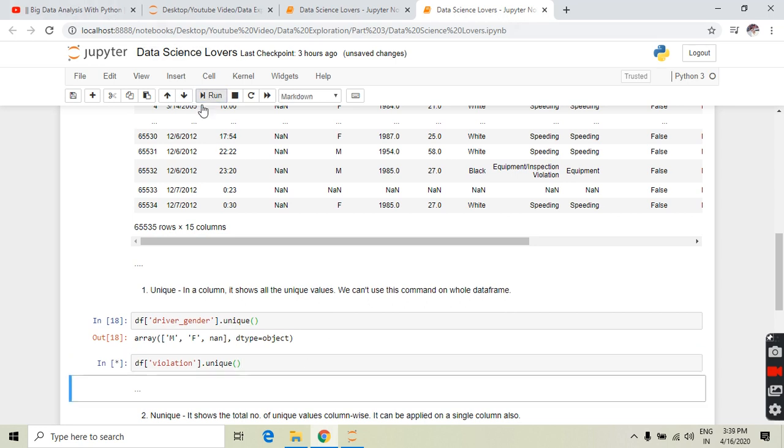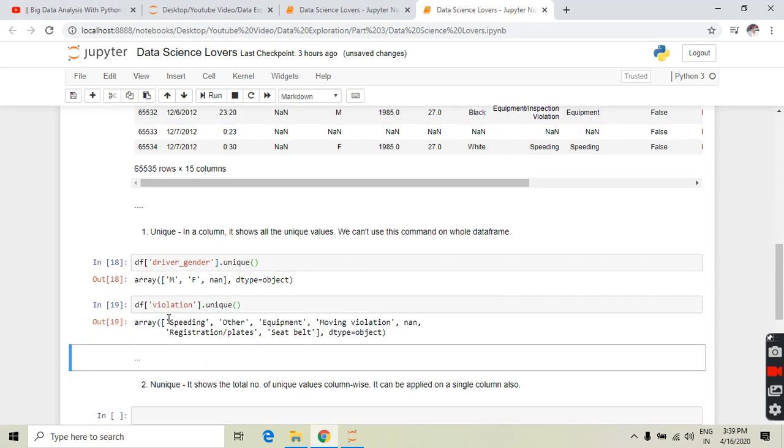We will run it, and it is showing these unique values: speeding, other, equipment, moving violation, registration plates, seat belt. 1 2 3 4 5 6, 6 values are unique in this column.